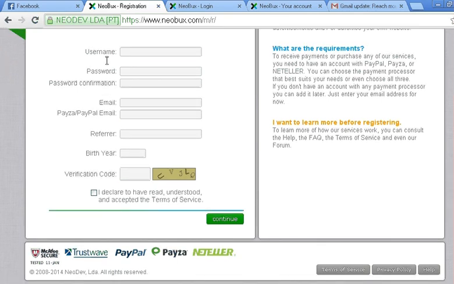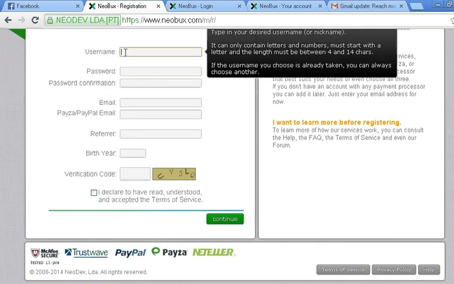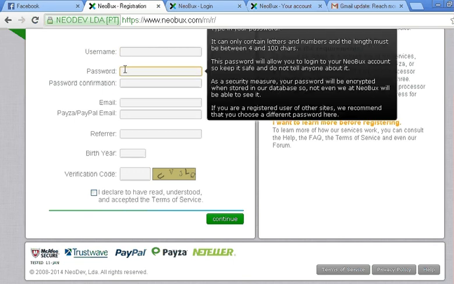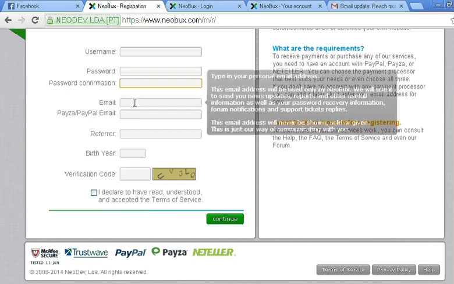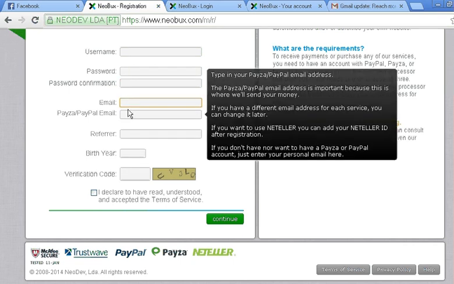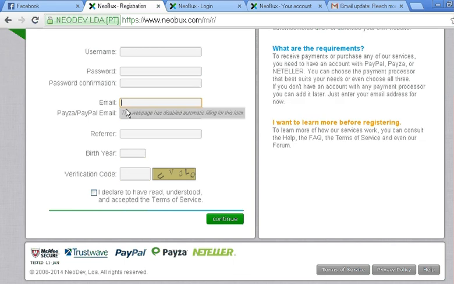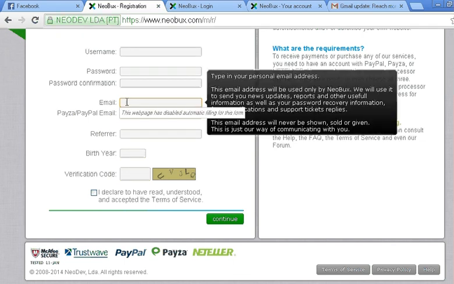So you have to enter your username. The username doesn't have to be an email or anything. You can just enter your name or maybe a nickname, whatever is appropriate to you. Then enter your password and reconfirm your password, and right here enter your email, and a valid email, by the way, because a confirmation will be sent to your email from which you can activate your account.